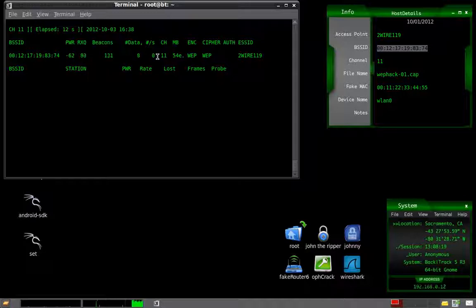And essentially, that command just created a file that we titled webhack, and now what it's doing is it's writing the packet and IV data to that file, and aircrack is going to access that file in the final process here. So the next thing we want to do is open a new terminal,